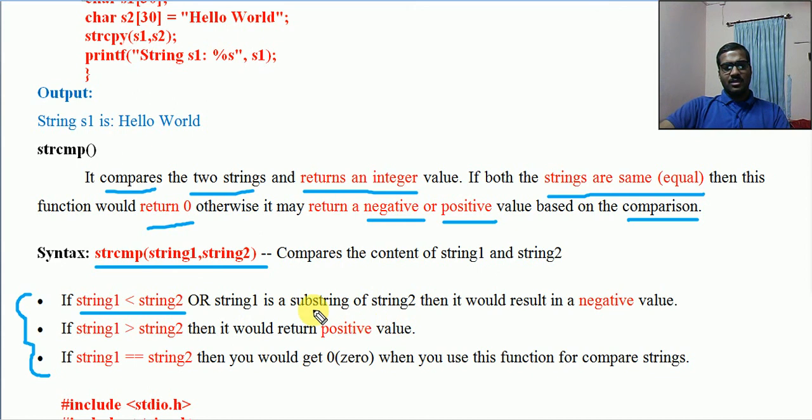What is a substring? If first string consists of exactly some portion of string 2, that is called a substring. It is a part of one particular string. So if the first string is less than the second string, or string 1 is a substring of string 2, it will return a negative value.